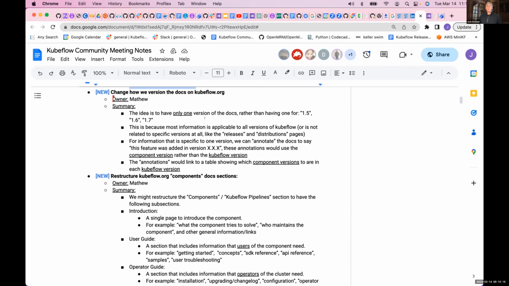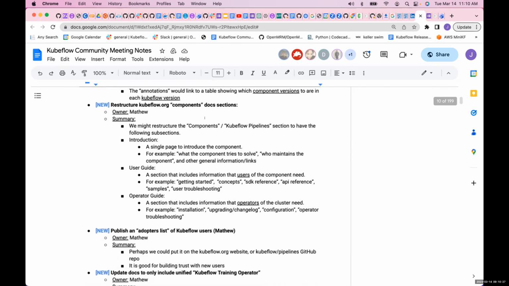Would that be okay? Possibly. I think what I'm saying is more that there's two pre-steps which are going to make this a lot easier, which is that the distributions should be moved off, which we're doing, and the components, there should be a discussion around versioning those independently of the Kubeflow version, and we can just keep the current structure for the short period of time. Yeah. No, I get it.